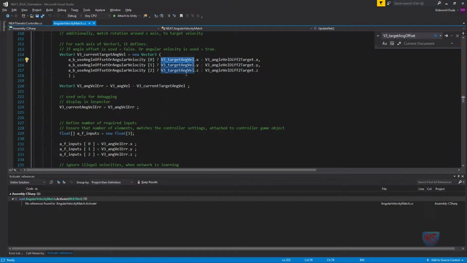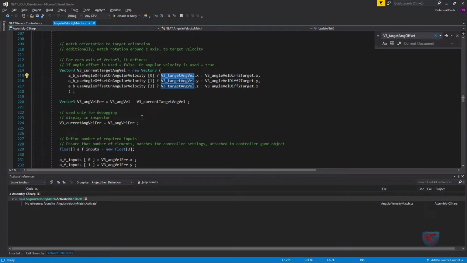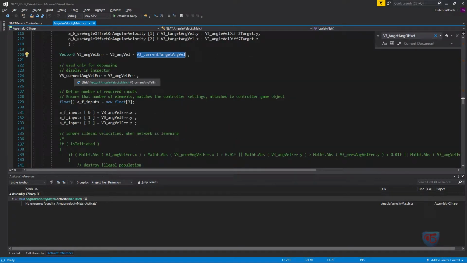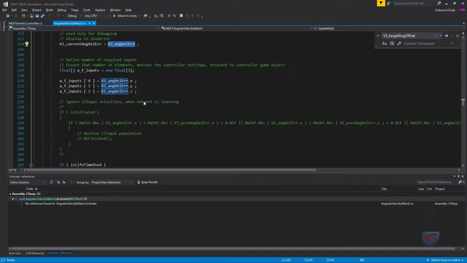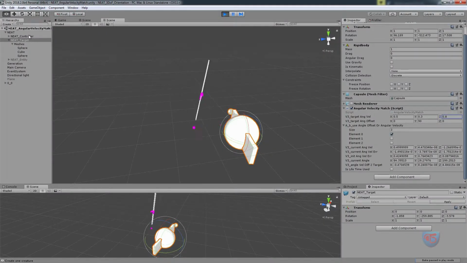So one of those should be rather true. So I got angular error calculated based on that. So it's my current angle rather than current target angle. And based on the angular error, that's for the display, what I'm doing, I'm applying 3 inputs for the 3 axes. So they're my angles, errors, how far from the target destination I am. With those 3 inputs, what is here, I got,